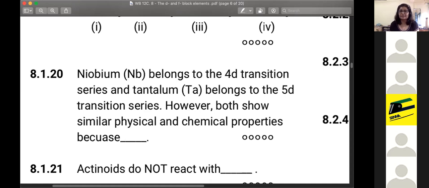I'll give you a hint. The reason they're similar is because they have similar sizes. They don't differ so much in their size. Now, what is the reason for that similarity in size? Like, why is the size not increasing? Yes, now Aryan's also got it. There is not that much difference in size between 4D and 5D. Why is that?